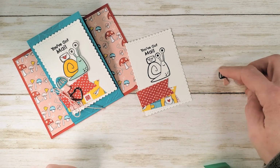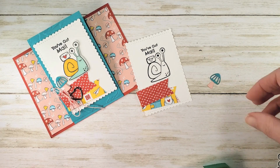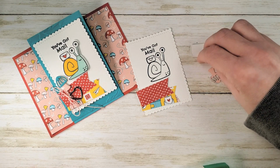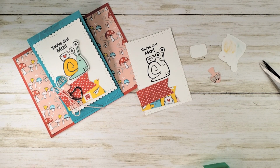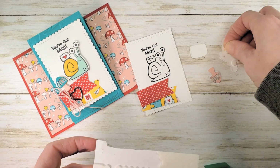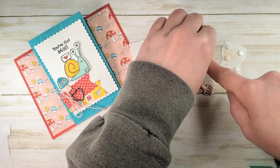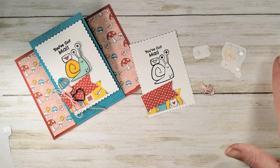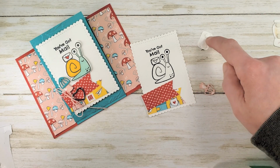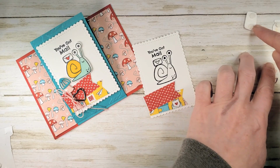You could also die cut that with a little bit of adhesive sheet, and then you just peel and stick. Let me grab some dimensionals. We're going to put dimensionals on the back of all 3 of our cutouts. I'm going to slide all of my dimensional pieces aside for just a second. They're sticky and ready, but I want to finish up my little banners real quick and get them on my